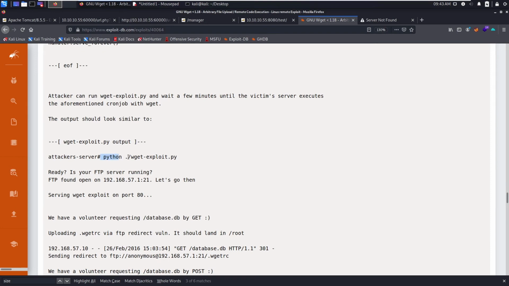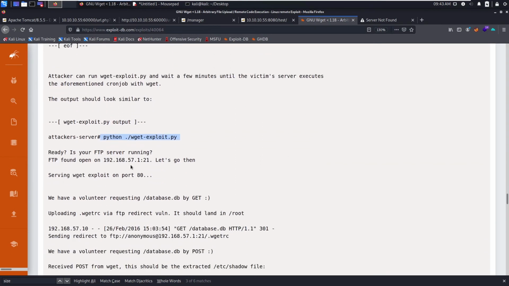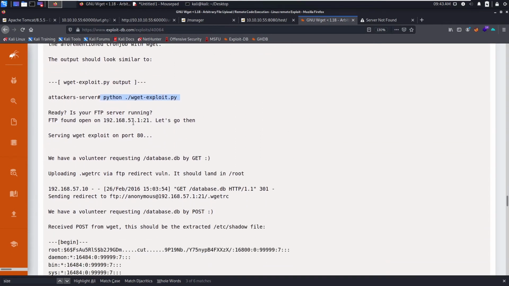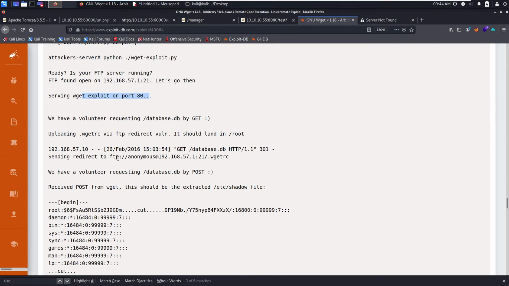So we will run the Python script, and before that we will run the FTP server to host our wget.rc. So whenever there is a request coming to port 80 on this box, it will be redirected to this FTP and my Kali Linux wget.rc.